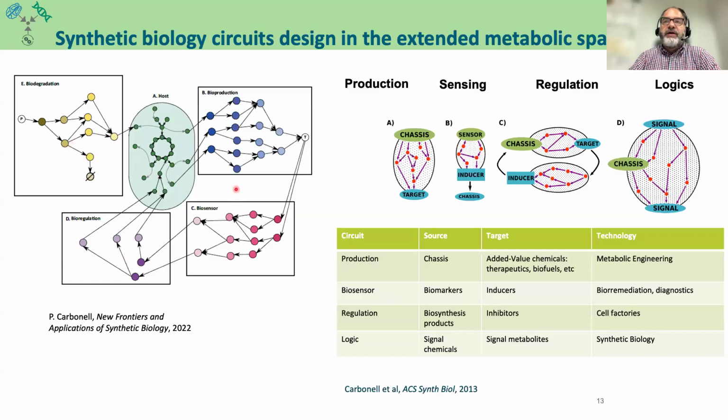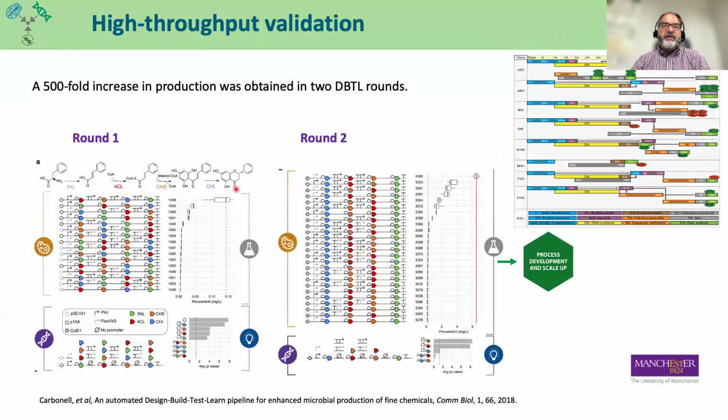So there is a full catalog of genetic circuits that can be built based on having a tool that allows you to find the right combination of enzymes for the chemical transformations that, in principle, are your target. So more specifically, what we did was to test this with several proofs of concept, basically by